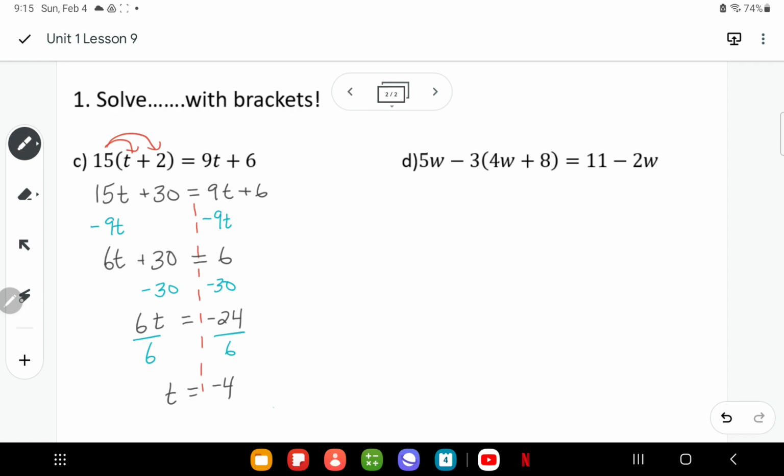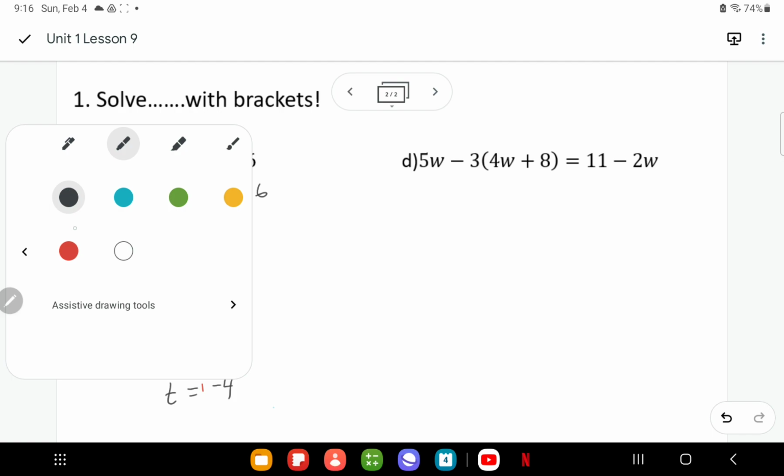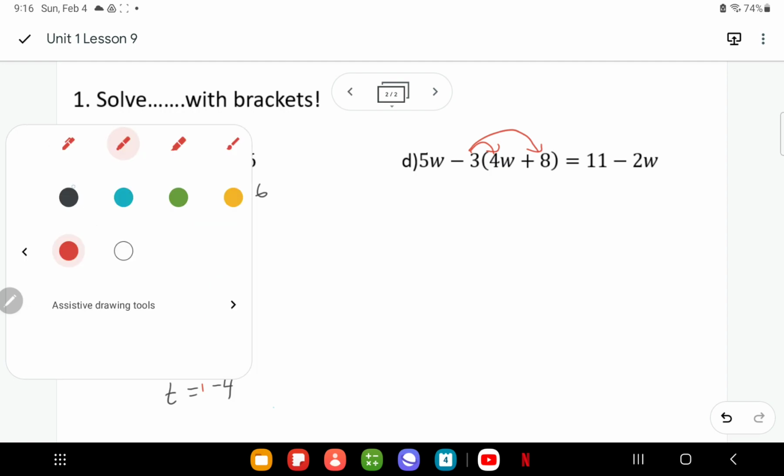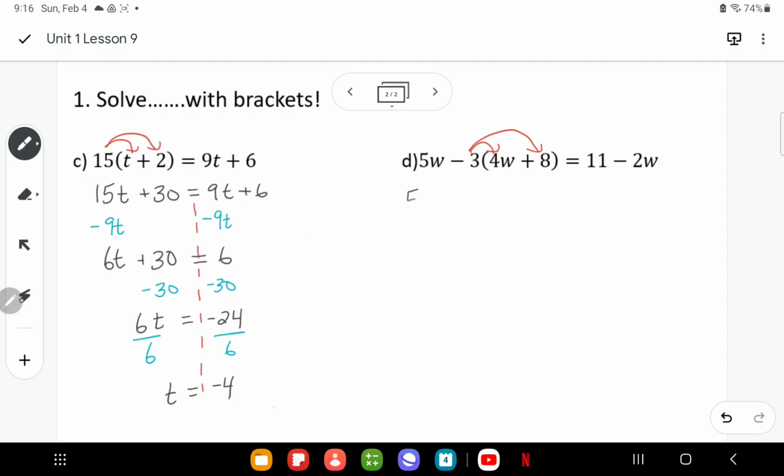Okay. Our last example in this one. Here we have to make sure we're only multiplying the thing right in front of the brackets into these brackets. That 5w is not involved in the multiplication. So it's just going to stay out front. The only thing that multiplies is that negative 3 into the two pieces in the brackets. So I have 5w minus 3 times 4w is minus 12w, and minus 3 times 8 is negative 24, equals